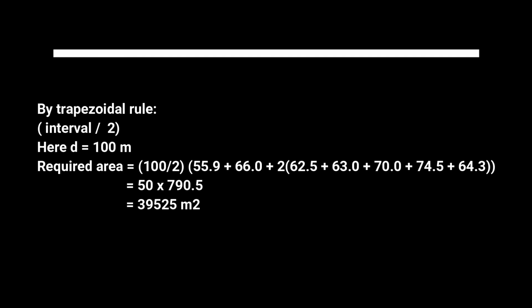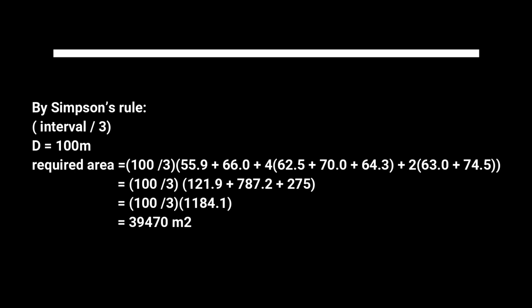For the trapezoidal rule, we use the interval. The formula is interval divided by 2, times the first offset plus the last offset plus 2 times the middle offsets, and based on that we get 39,525 meters square. For Simpson's rule, the interval divided by 3, times the first offset plus the last offset plus 4 times the even offsets plus 2 times the odd offsets, and we get the required area of